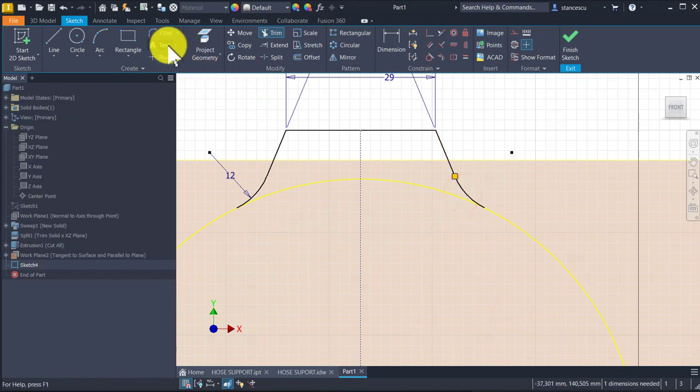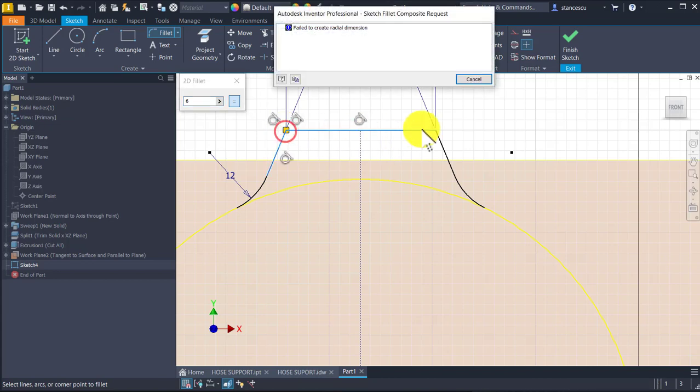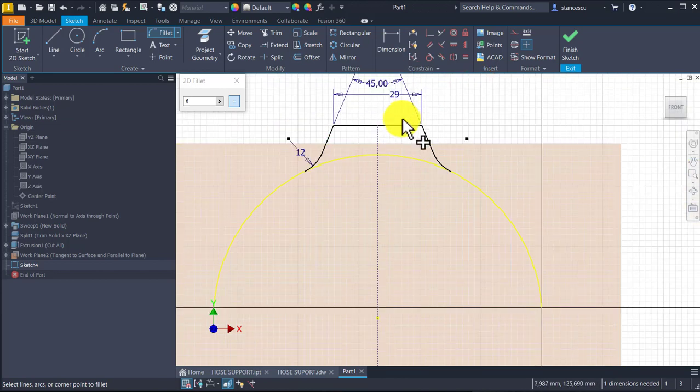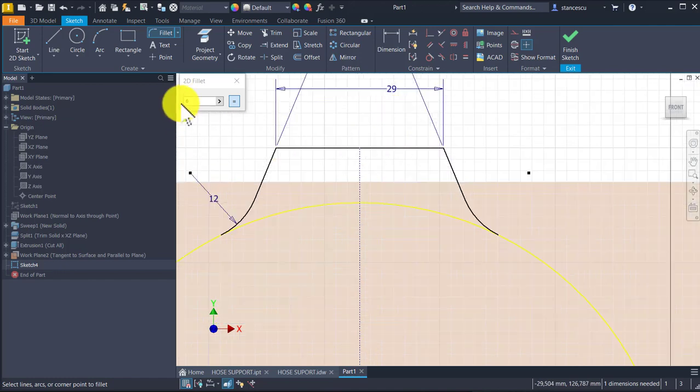We apply fillet of 6 between these two, and oh, I cannot apply because there is a dimension here. We'll apply after